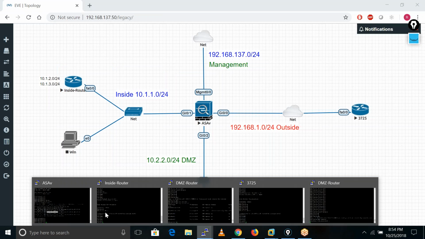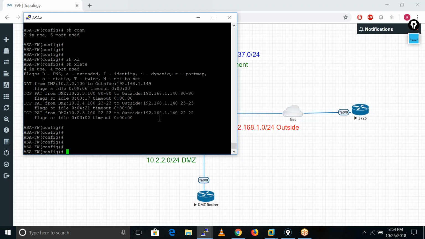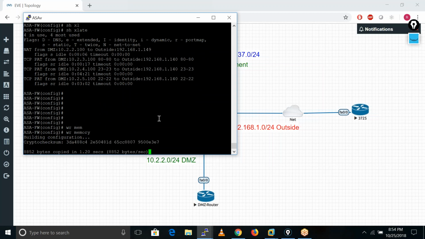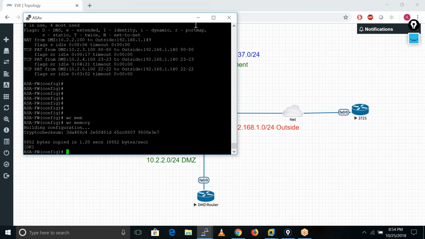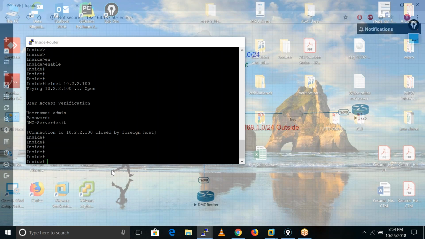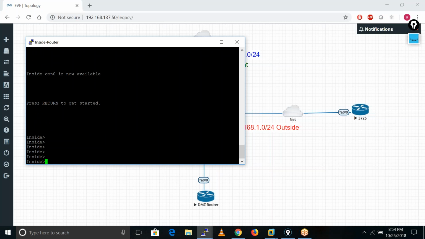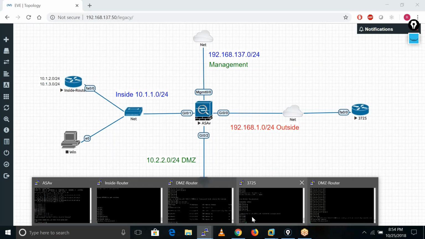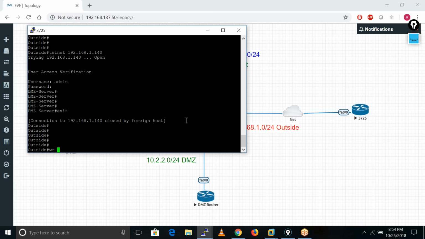So now we have completed our NAT configuration on ASA firewall. Okay. So as I told you just yesterday, now I'll focus on some other concept, which is packet flow. Okay. So when we complete the packet flow, after that we will see the installation of GNS3.